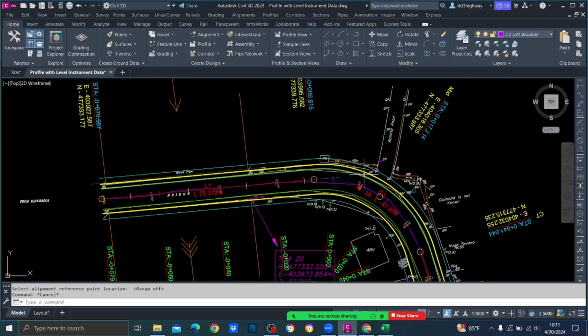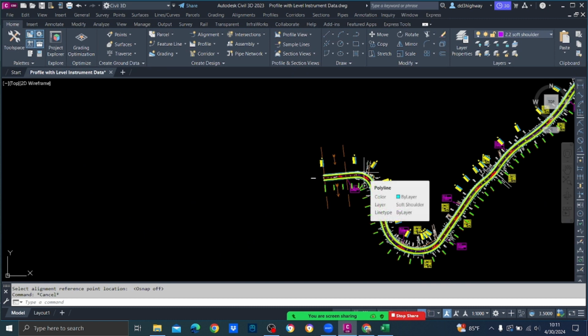Right, but one thing that you have to understand is, if you do something like that after inserting super elevation, you will have to redo the super elevation. It's not going to change. Right, now